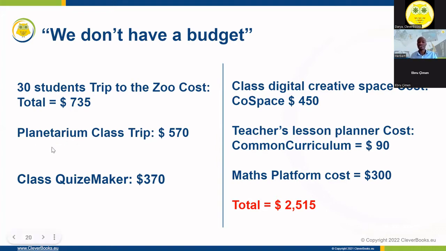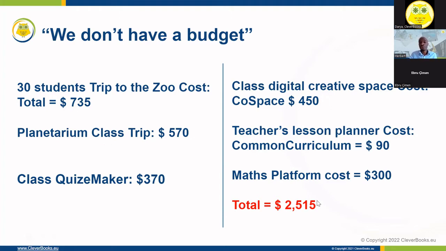And by the way, these trips, the planetarium and the zoo, they're just 1-day trips, right? But today we want to show how you can create engagement every single day. And I can promise you it will not cost you anywhere near that. But how many of you so far can already see that schools are already spending this much money? Your school is probably spending this much money just to engage your students in ways that allow them to learn. These are platforms that your school's already spending on, right?